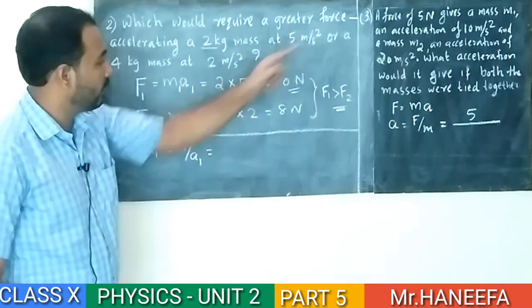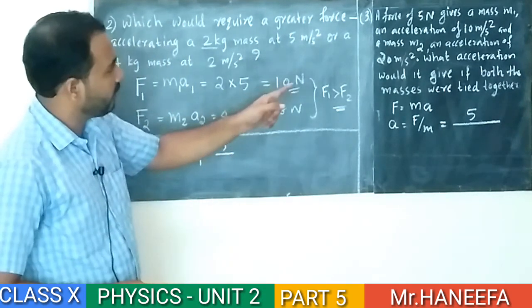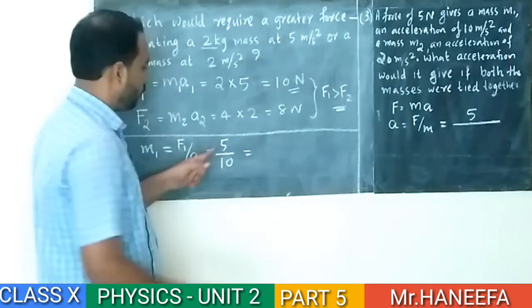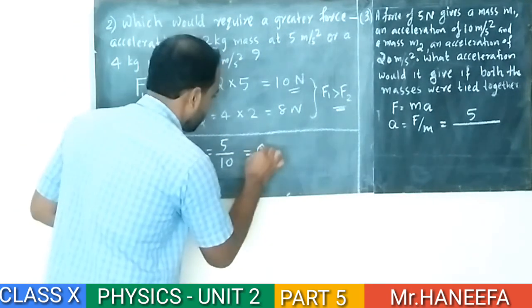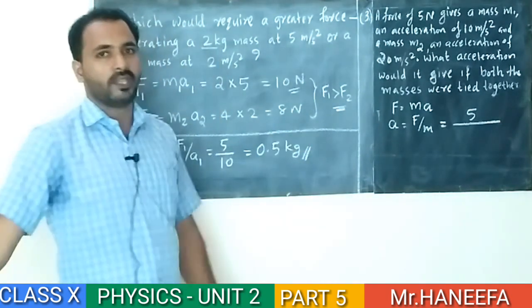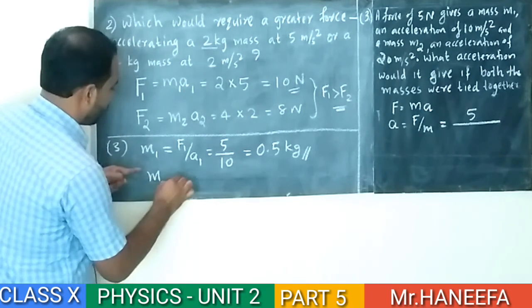What is F1? 5. What is a1? 10. Equal to 5 by 10, 0.5 kg. Second case, m2 equal to